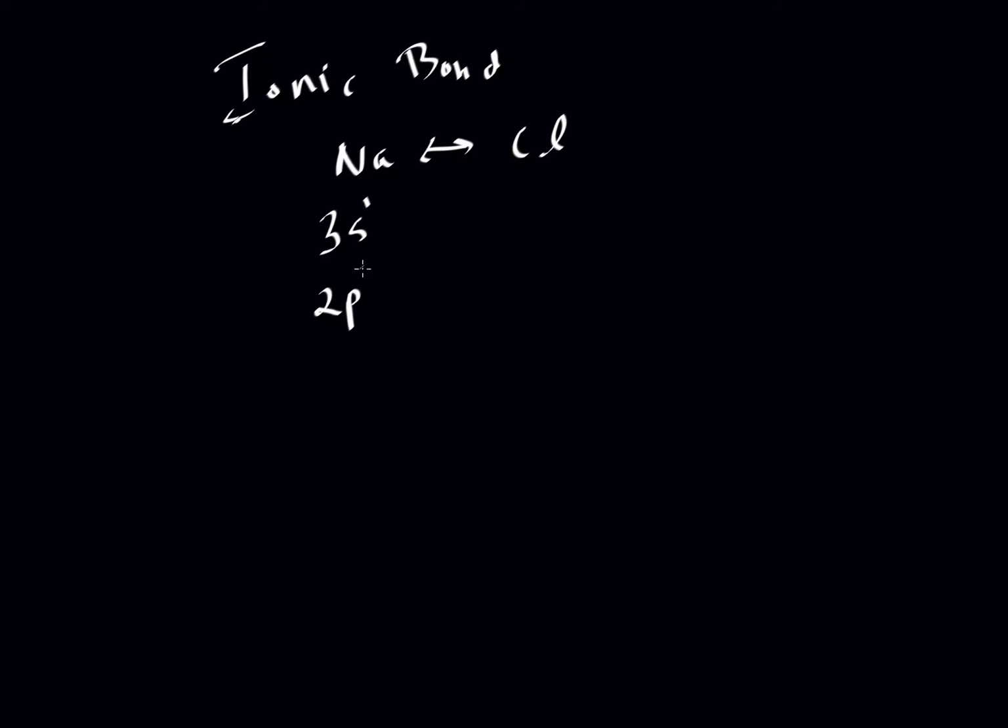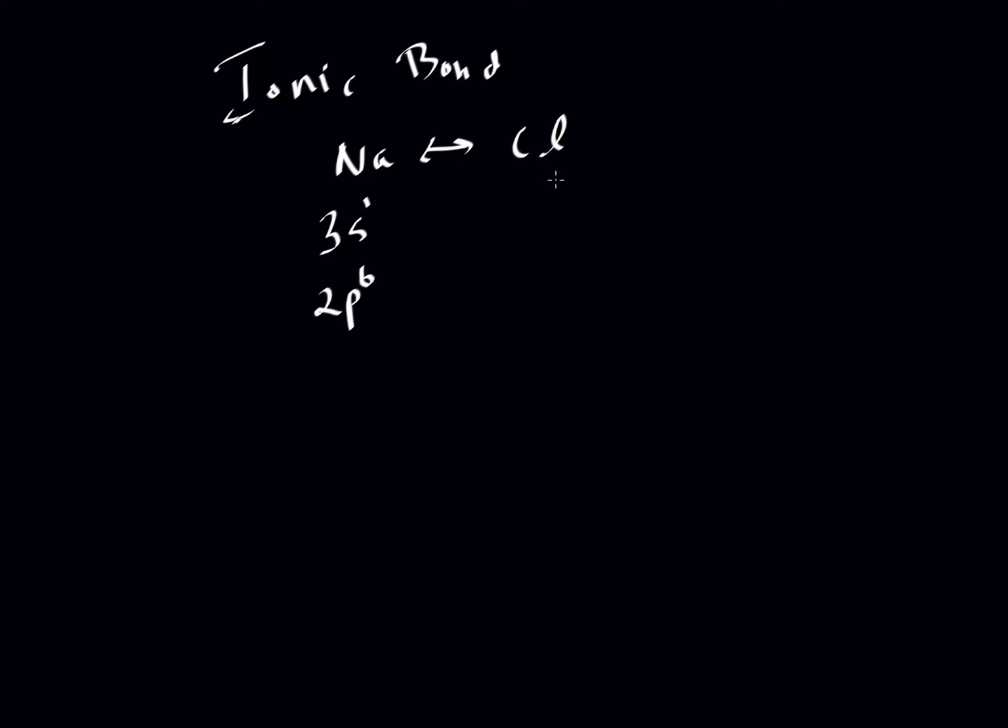Hi everyone. In this video, part 2 of our discussion of ionic bonds and Coulomb's law, we gave an example of an ionic bond by looking at sodium bonding with chlorine. You might remember that sodium has a 3s electron, just one electron in its s orbital in that third shell, and it's happy to get rid of it because by doing so, its outermost shell would have an electronic